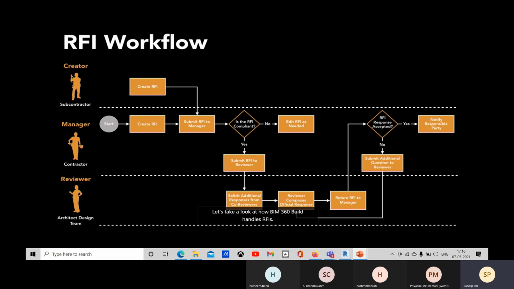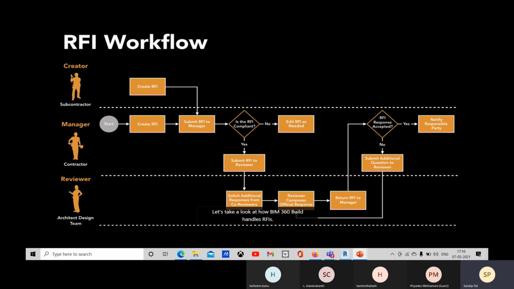Then the manager will accept it, but if it is not available with the proper information, if some information is still needed or missing, he will again send it to the reviewer and ask for a proper response.